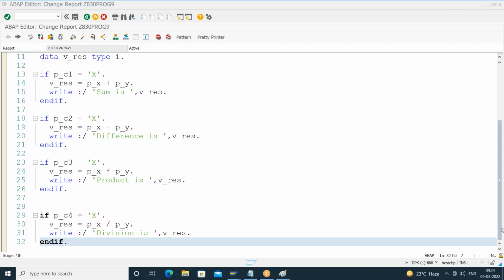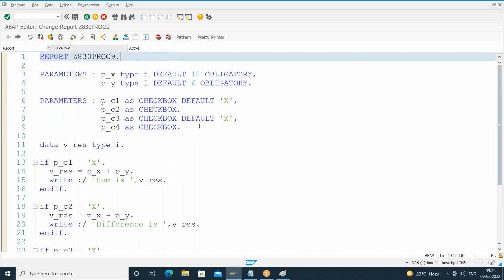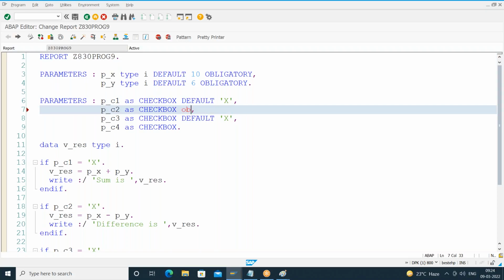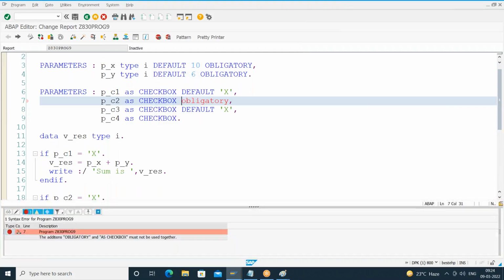So here also, let me check whether it is supported directly. Here I'll say P underscore C2, and make this obligatory. When I do a syntax check, what is happening? It says the addition obligatory and as checkbox must not be used together. So it is not possible directly, but we can implement it by using the screen internal